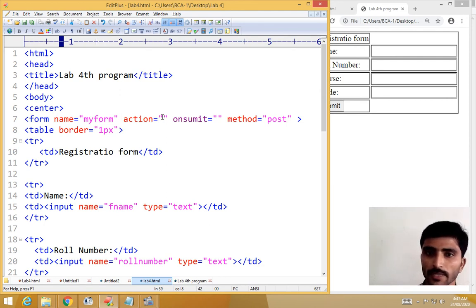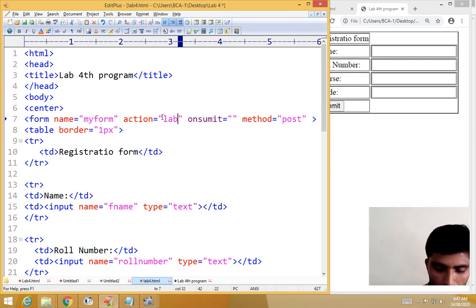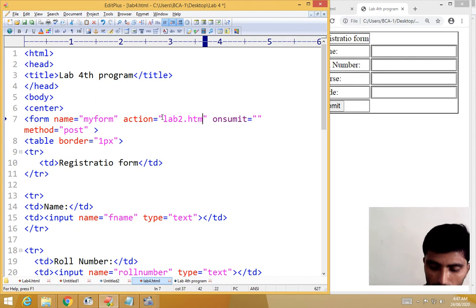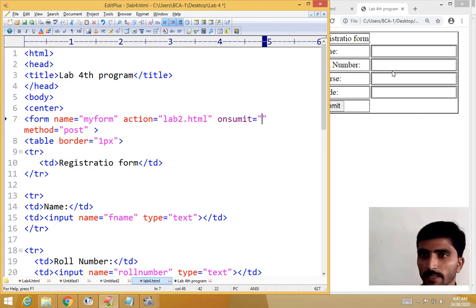That is the action we are providing, for example, lab2.html. When you submit this form, that goes to lab2.html. What is the on submit? We are providing some JavaScript function here, because it checks the validation, whether it is empty or not. So for that we have to write some function.